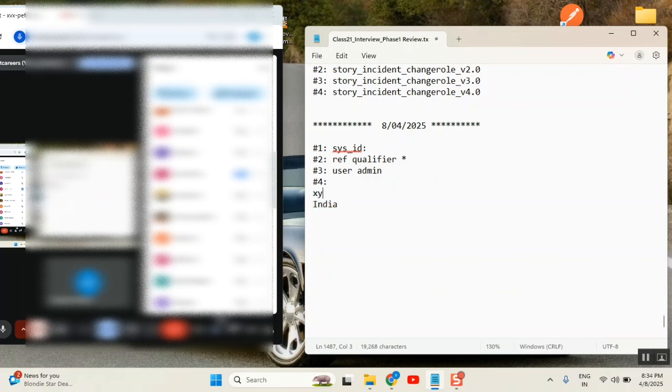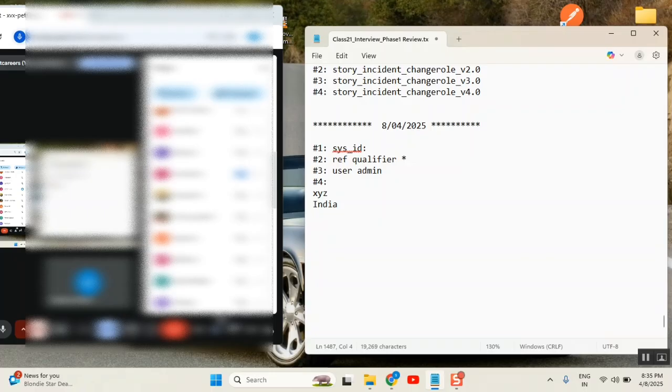Now how will you know which group you need to add or which role you need to add? How will you get to know? If they mention specifically which group we need to add, we can add it. If not,